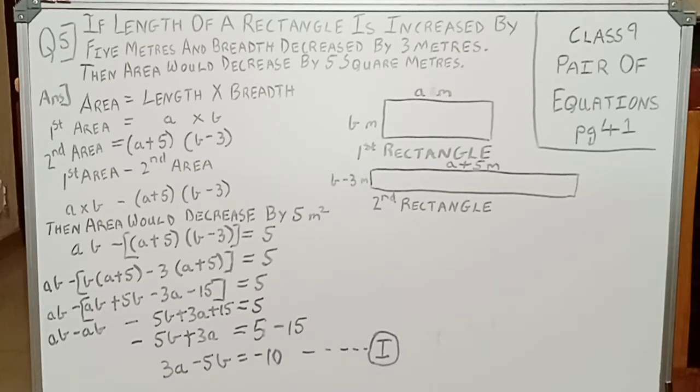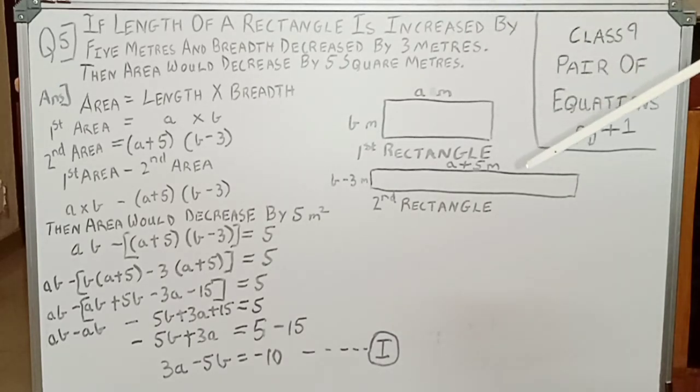So in order to make it much simpler, I have drawn one rectangle. You know the rectangle over here. You are aware that in a rectangle the length is always more and the breadth is less. So length I have denoted by a meter and breadth by b meter. I have done this for simplicity. This is our first rectangle.